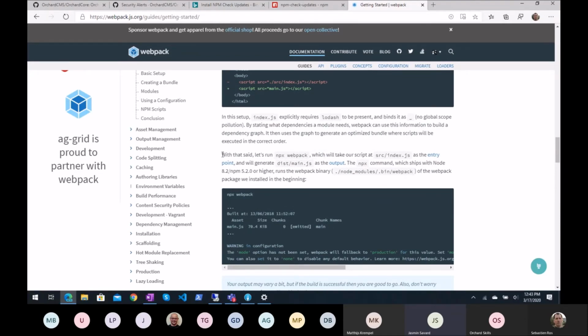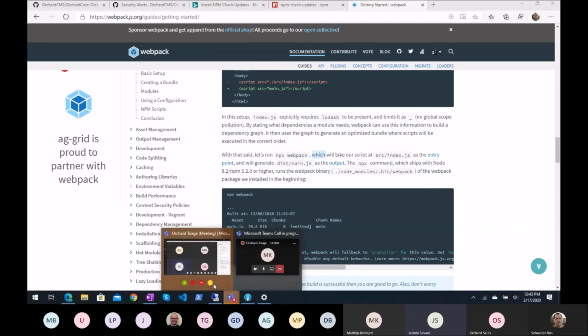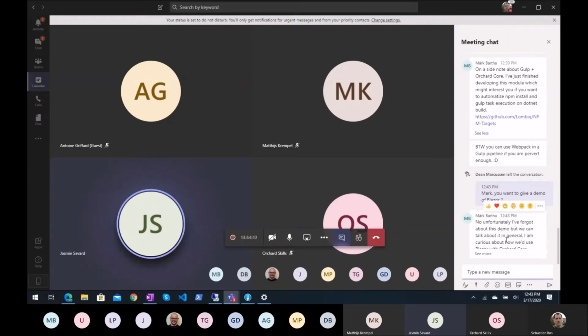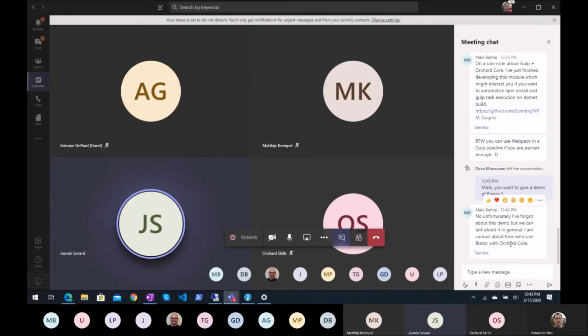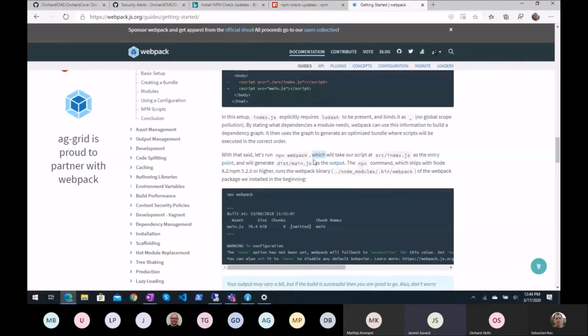But yeah, there's a lot of things like that in Webpack that are bundled with it that you can configure and change, but I'm not sure if it's good enough to be used with Orchard. I played with it for like a week and I dropped it because I was so used to the Gulp pipeline that I didn't want to put a month into debugging everything and going through the process again of debugging things that don't work.